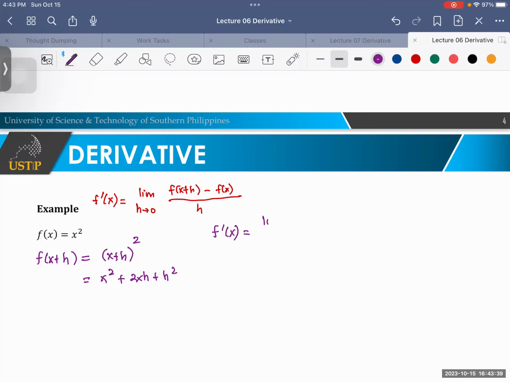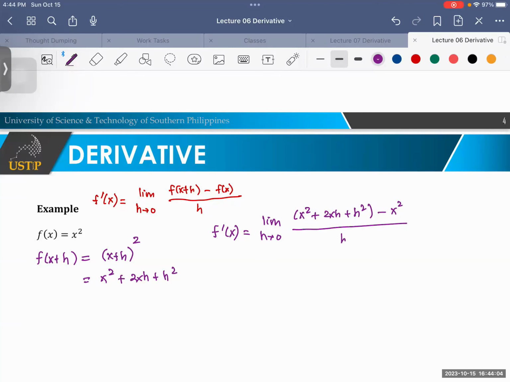We have the limit as h approaches 0 of f of x plus h, that would be x squared plus 2xh plus h squared, minus x squared, that is f of x,